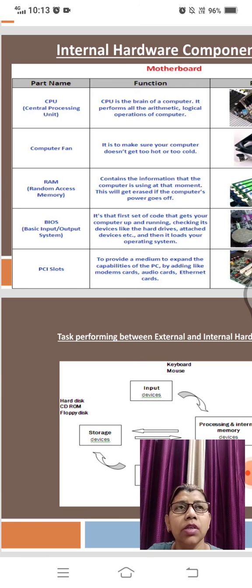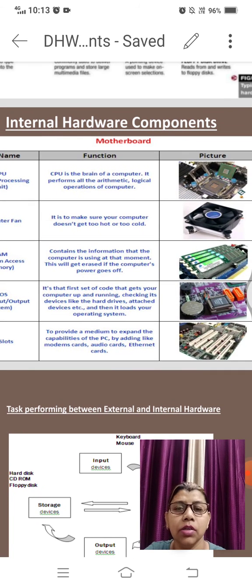And who gives the instruction to the CPU? The user gives the instruction to the CPU. As you can see in the picture, there are many parts inside the CPU.